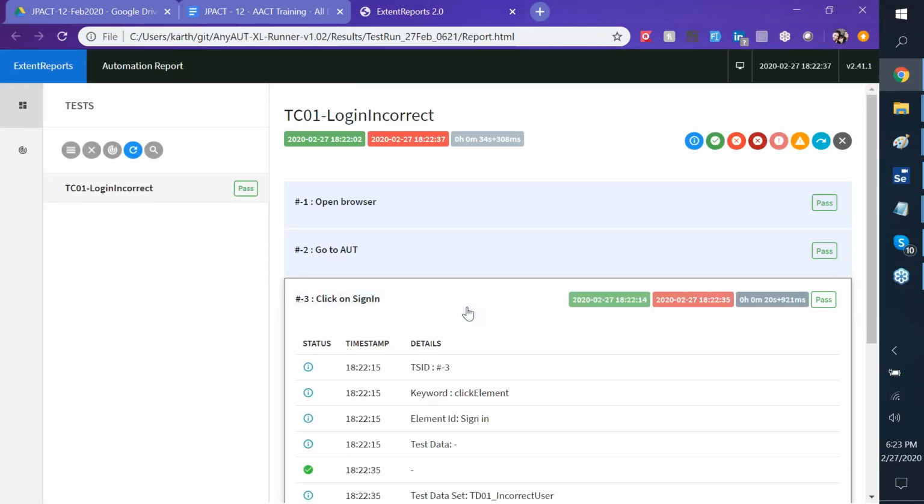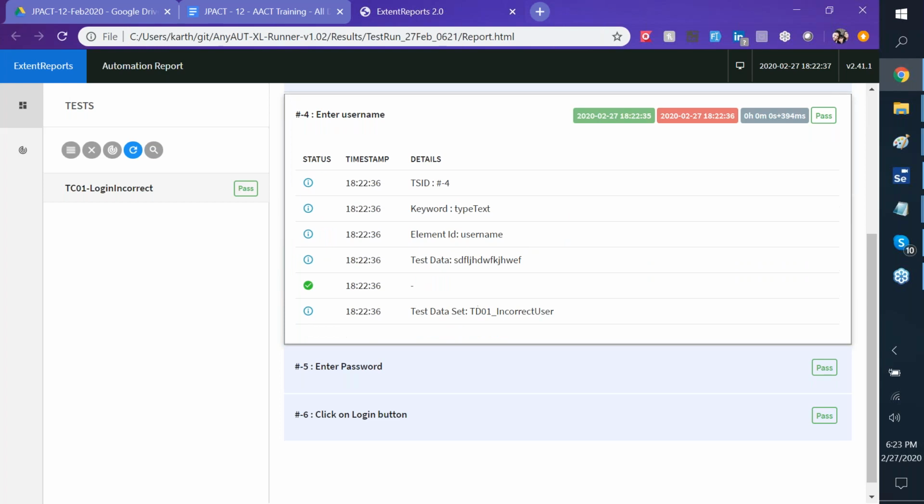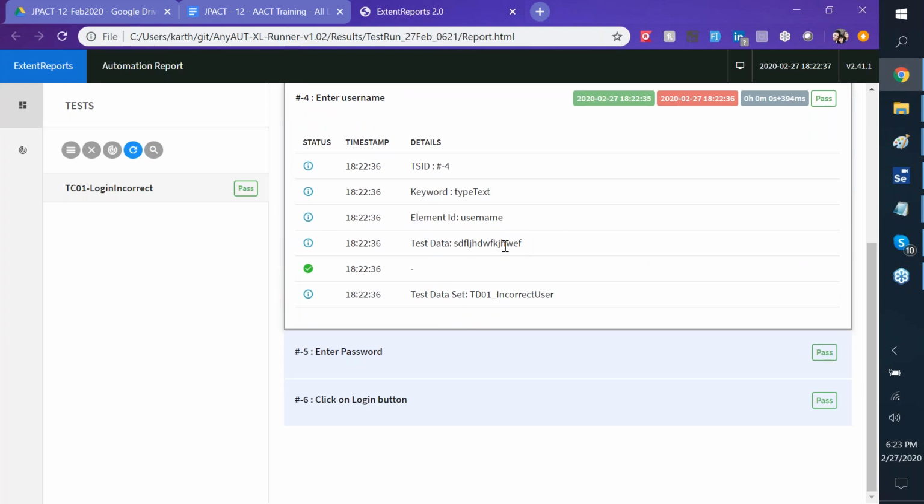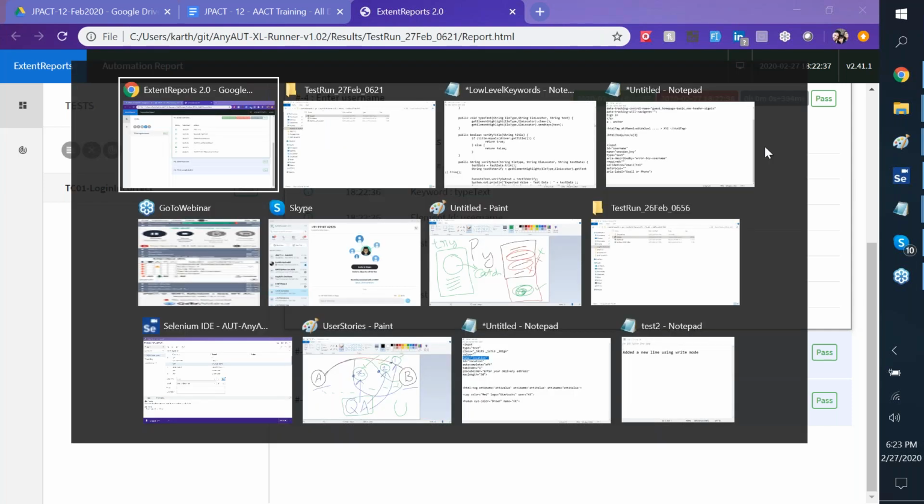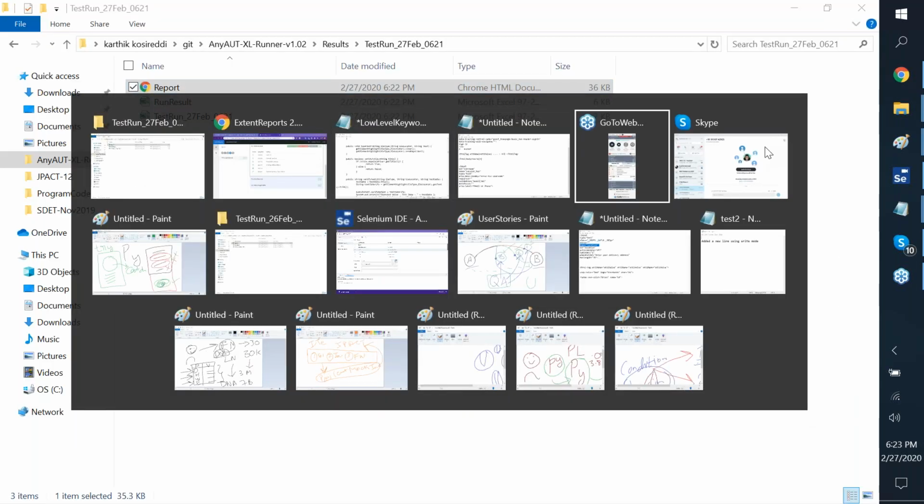So click on sign in. Okay. Enter username. It said it entered username. Did you see it, team? I did not observe that. Did anyone observe if it was entering username and password? Now, look at the beauty of this thing, team. The same process, if I need to,